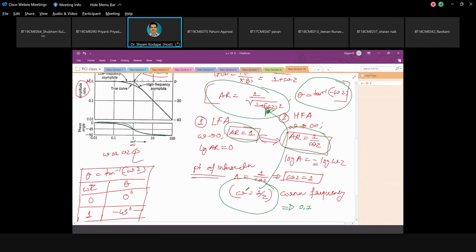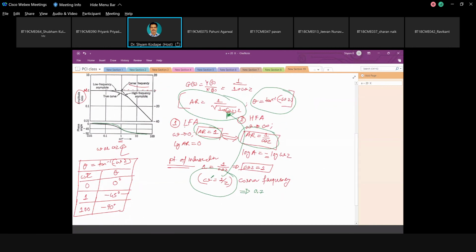Okay. So similarly, there are some homeworks for you. I will give you that in the assignment part itself. But today's class was based on how to draw the Bode diagram. Bode diagram is nothing but the amplitude ratio versus omega, and theta versus omega. This is how we can calculate this and draw this. Okay, is the concept a little bit clear? What is the Bode diagram and what are the XY axes on the Bode diagram? Students, any question regarding this?